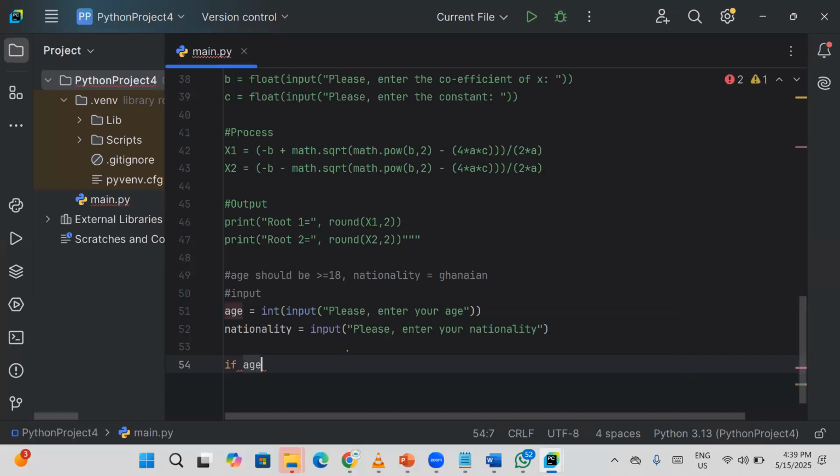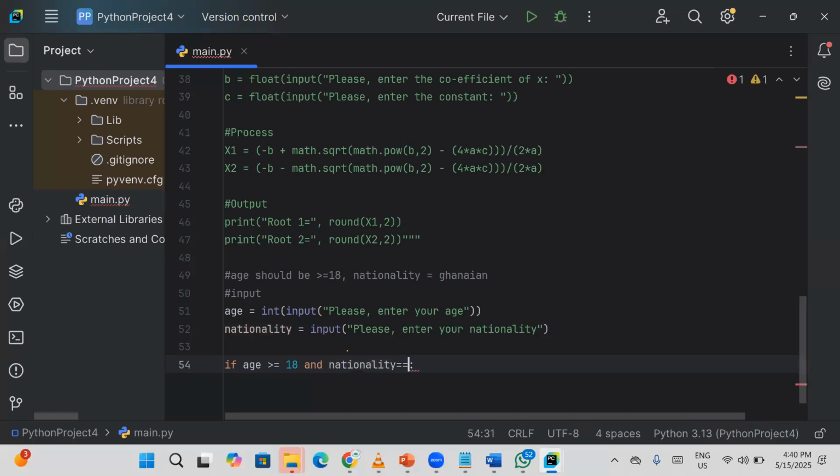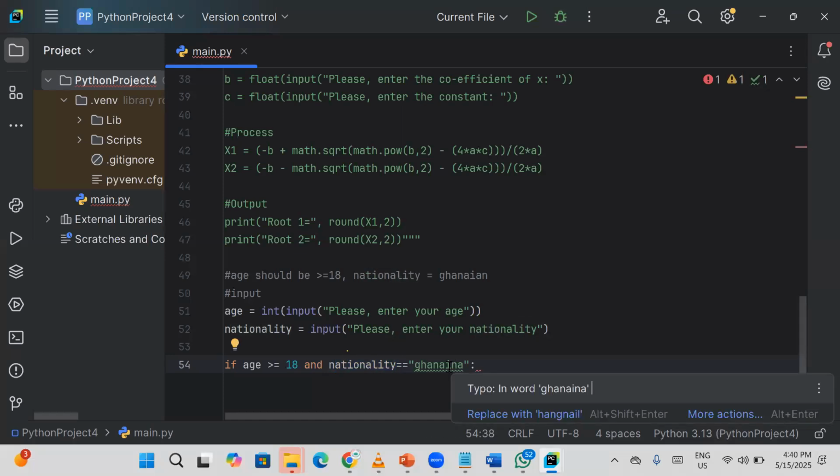So we check if the person's age is greater than or equal to 18. Then we use the keyword end. That's all. So end, then we now bring in our next condition. So if the person's age is 18 and nationality is equal to Ghanaian,